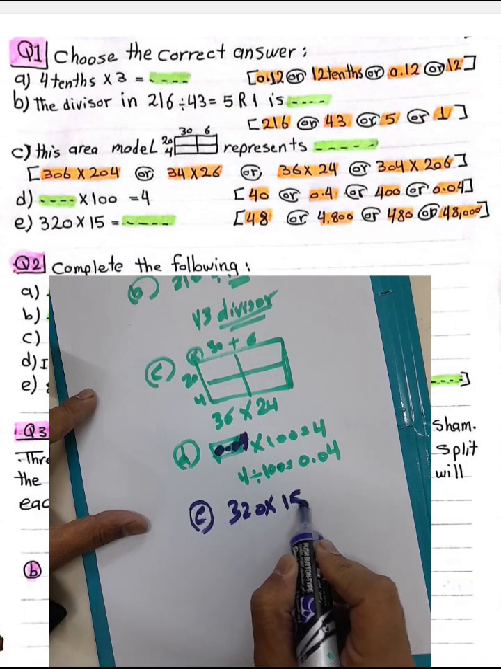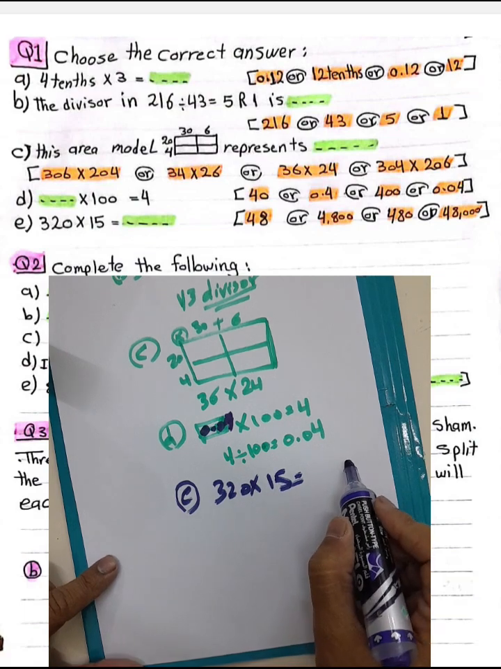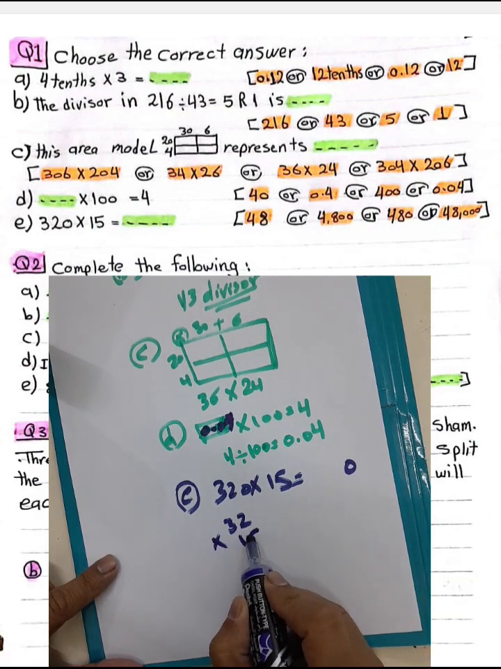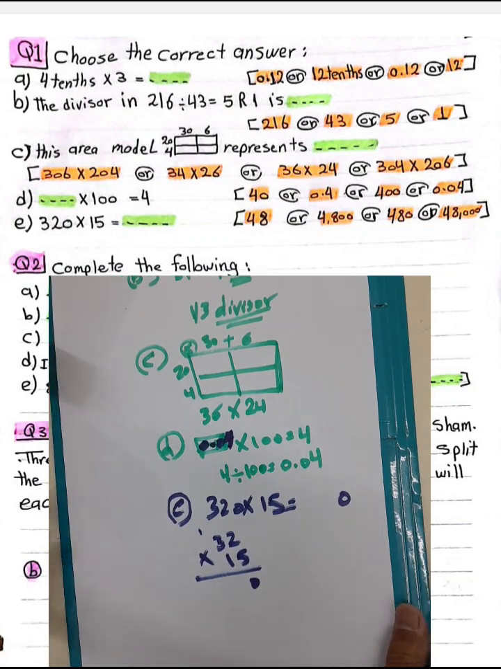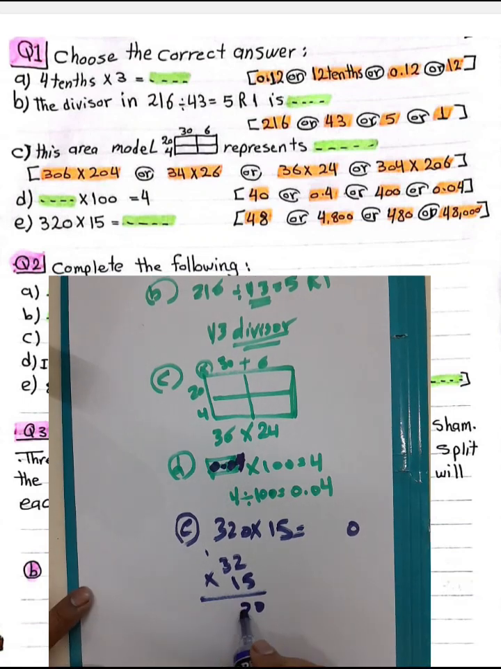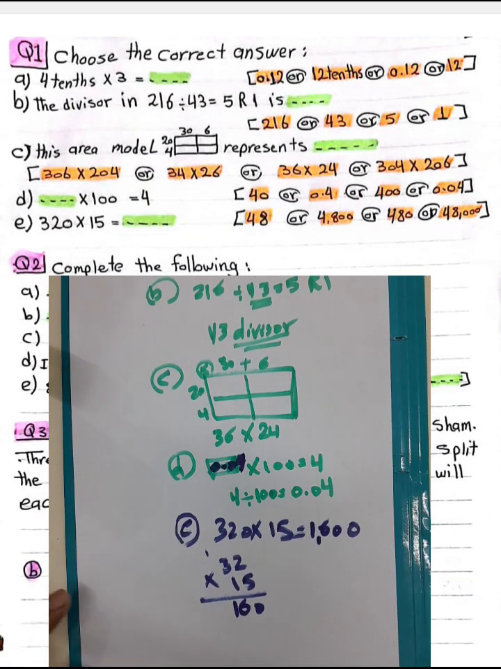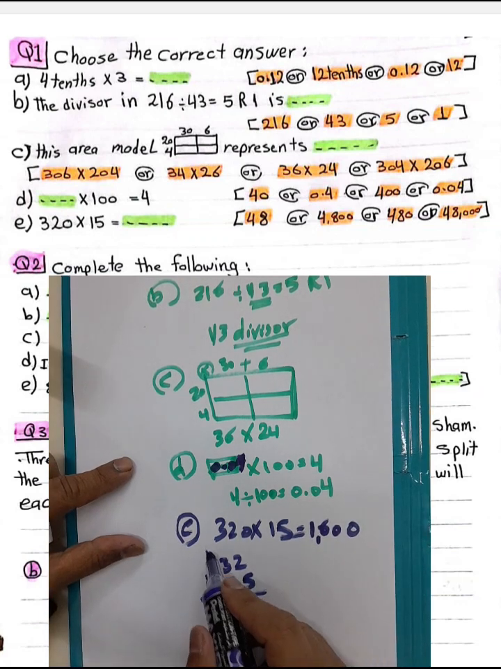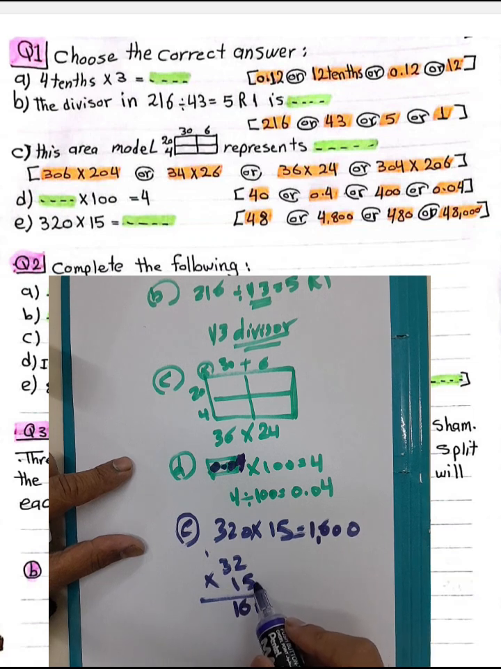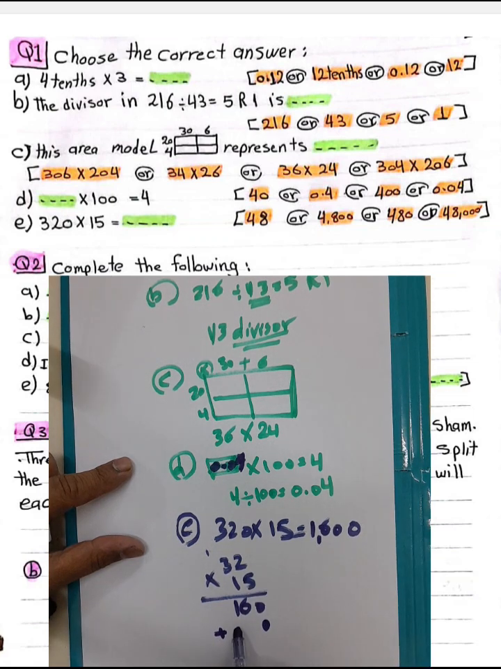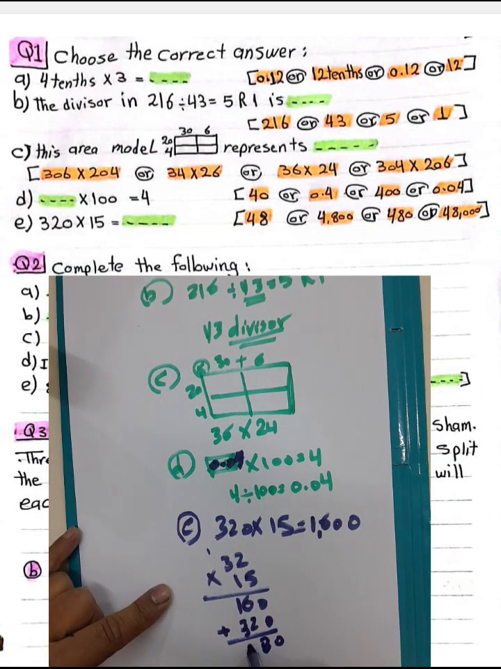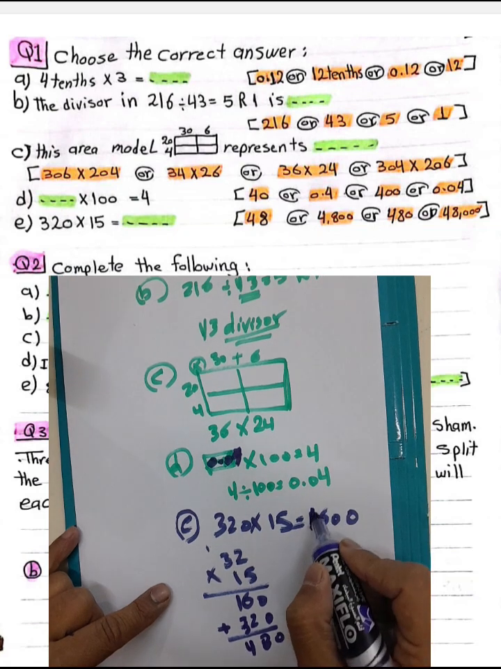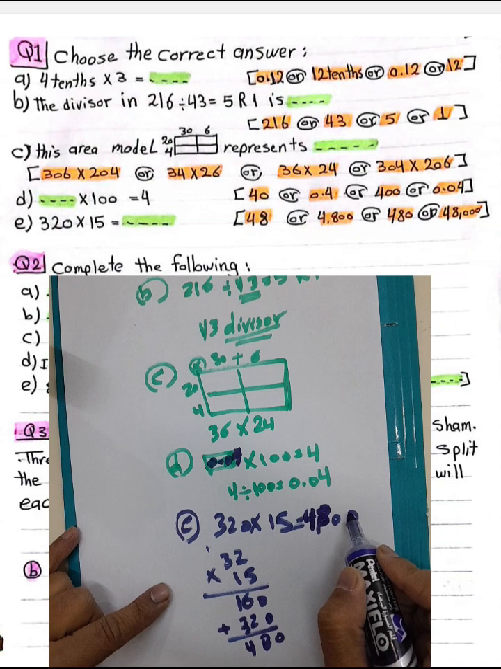Letter E, 320 multiplication by 15. Put 0 first, and then 32 times 15. 2 times 5 equal 10, 0 and carry 1, 3 times 5 equal 15, 15 plus 1 equals 16. Then 1 times 32 equals 32. Complete again with me. 0 plus 0 equals 0, 6 plus 2 equals 8, and 3 plus 1 equals 4. The result will be 480, and write 0 behind it. The result will be